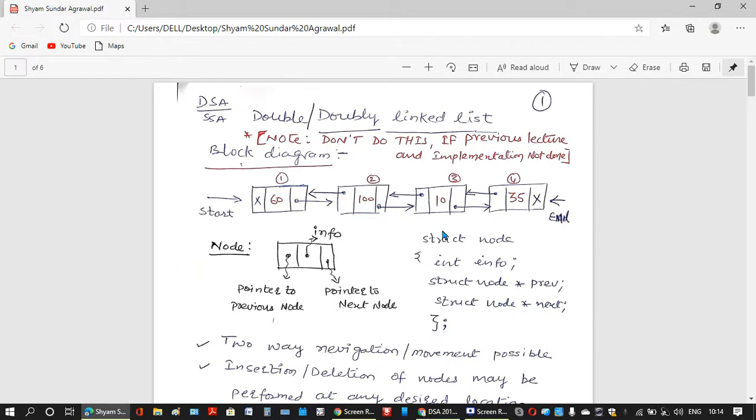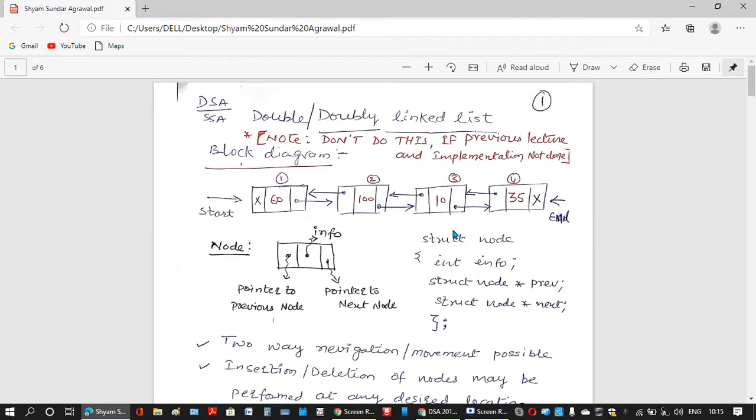So this is the template of the structure for the node of a doubly linked list. So struct node, integer info, struct node pointer previous, and struct node pointer next. So this is the structure. Information parts can be multiple. There can be float, character, and many other parts also. But for simplicity and for our initial implementations, we keep only one information. And these two parts, previous and next, are compulsory for a doubly linked list.